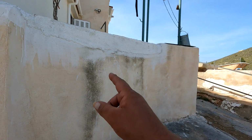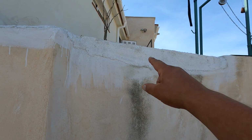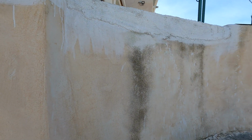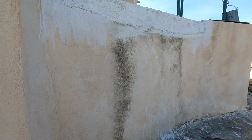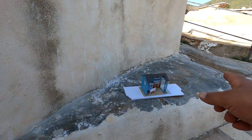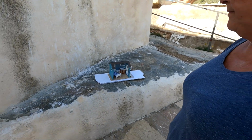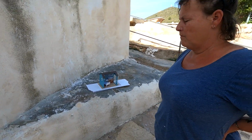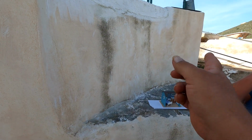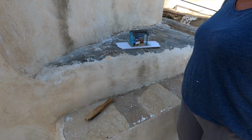So the reason why we did this, when you saw it in a few videos ago, was to stop the water from running down here, which is what this causes. So we'll get that done. We've still got to work out what we're going to do with this. We're not 100% sure exactly what we're going to do there. No. So I'm going to task myself with getting all this lot cleaned up and all down there,